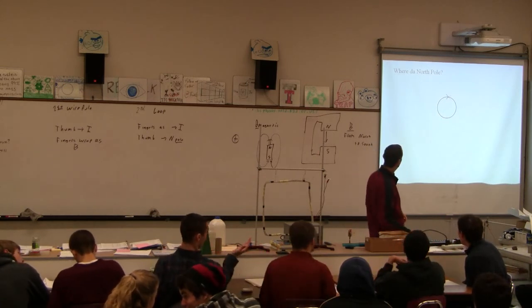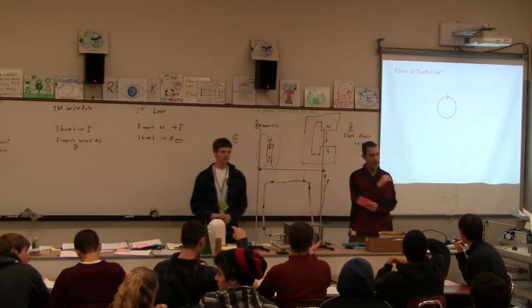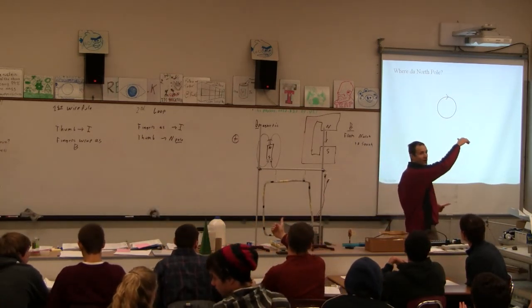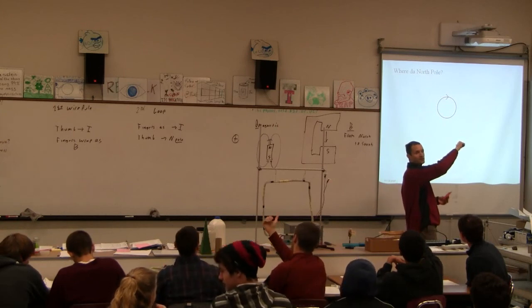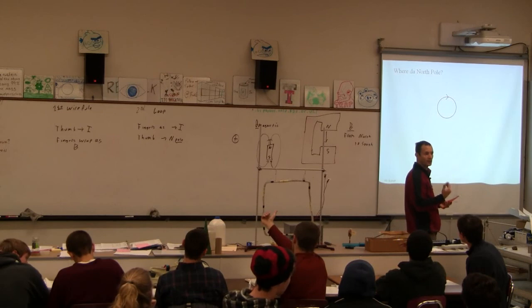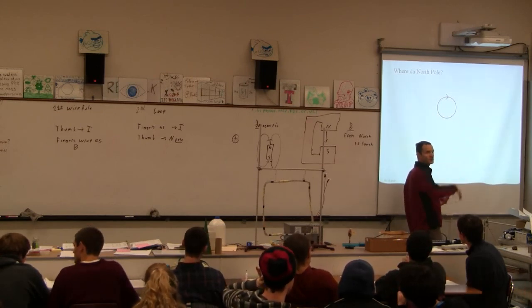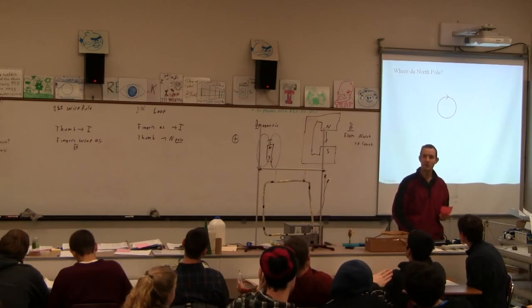All right, are we ready for the next one? So now we're wrapping our fingers as the current goes. Now it's the other way. So now the North Pole is into the page. The pole facing us is the South Pole. This is going to act like a little ceramic magnet, just like those magnets. This side will act like the South Pole facing us. It will attract north poles, repel